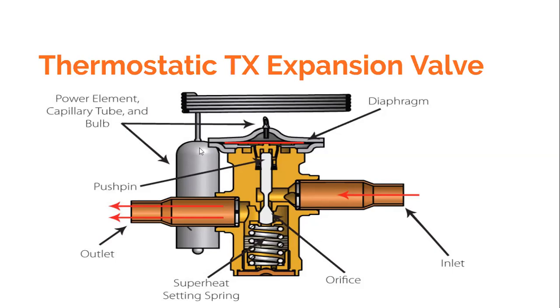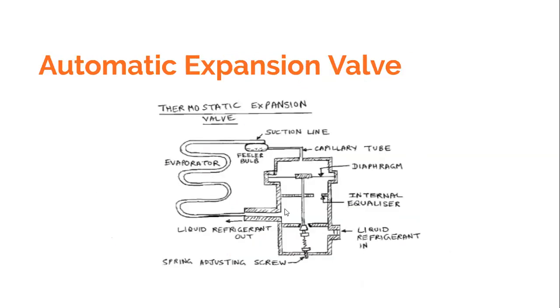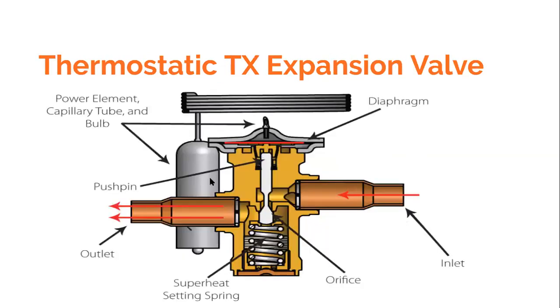That is called the power fluid, which is in the bulb, and this bulb is connected to the outlet, which would maintain the degree of superheat. I'll come to that later. This is a pictorial representation, but the schematic would be clearer. Look at this; what you'll find is the construction arrangement. This is the capillary tube which I had shown, and this is the feeler bulb or power bulb, and this power bulb is connected to the suction line of the evaporator.